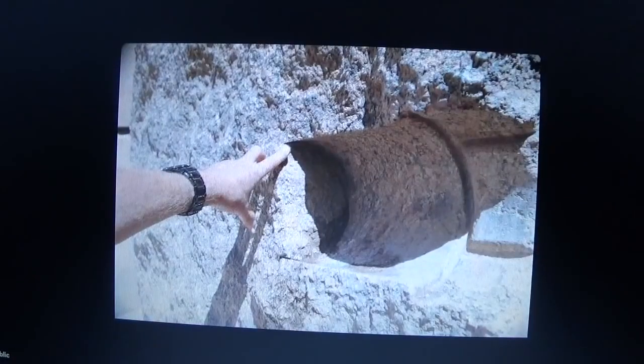This thing is not from boring technology. This is the artifact in Egypt, right? Because this